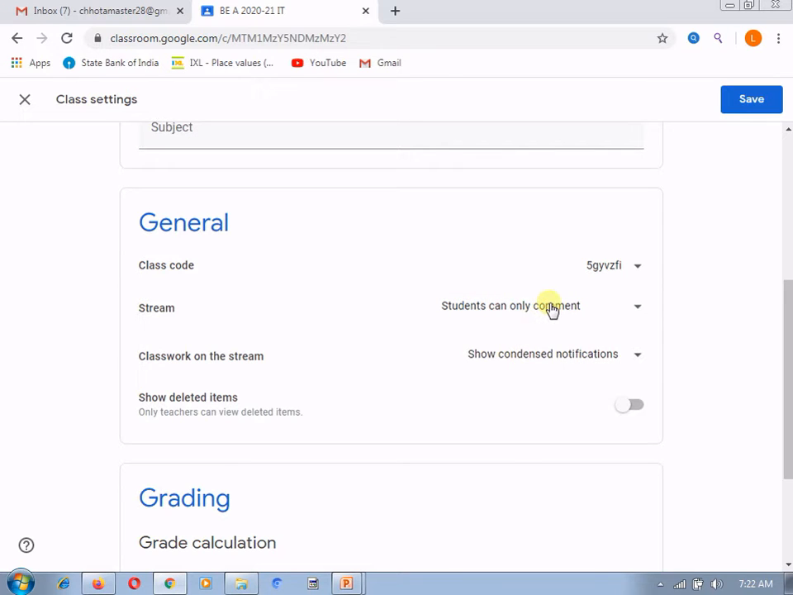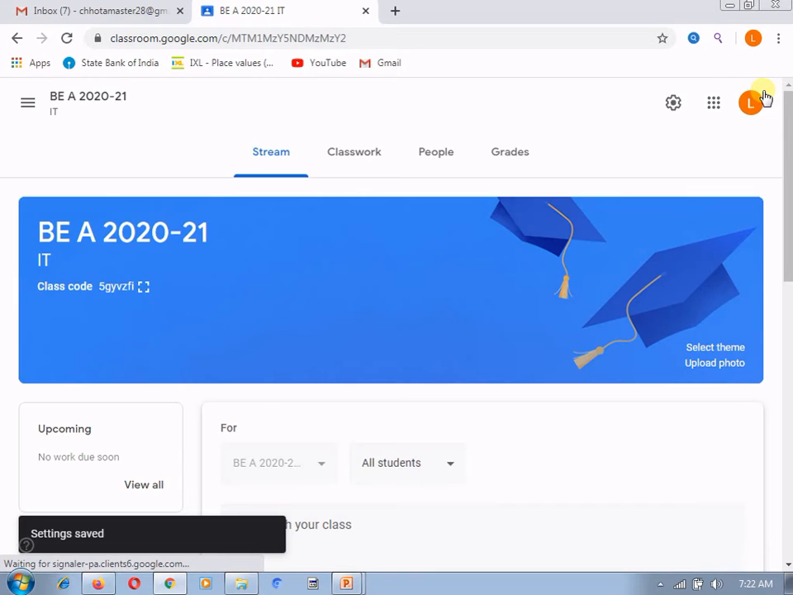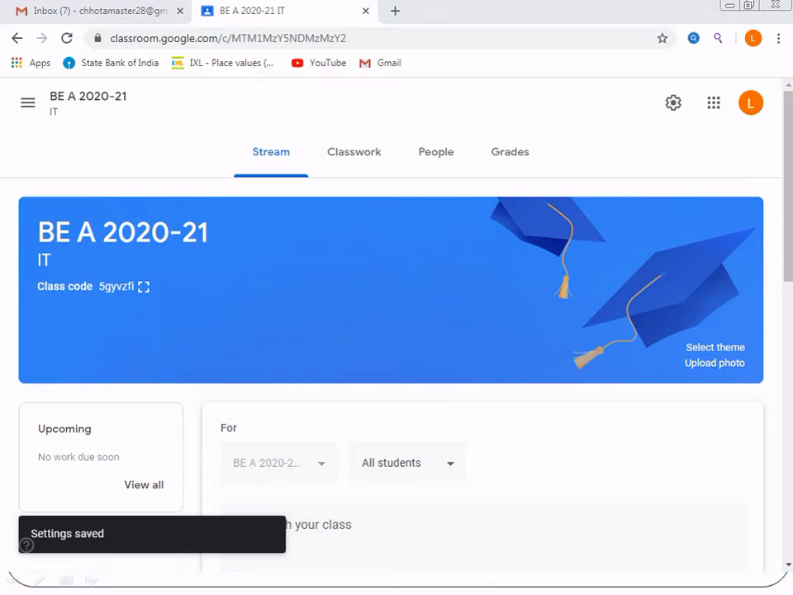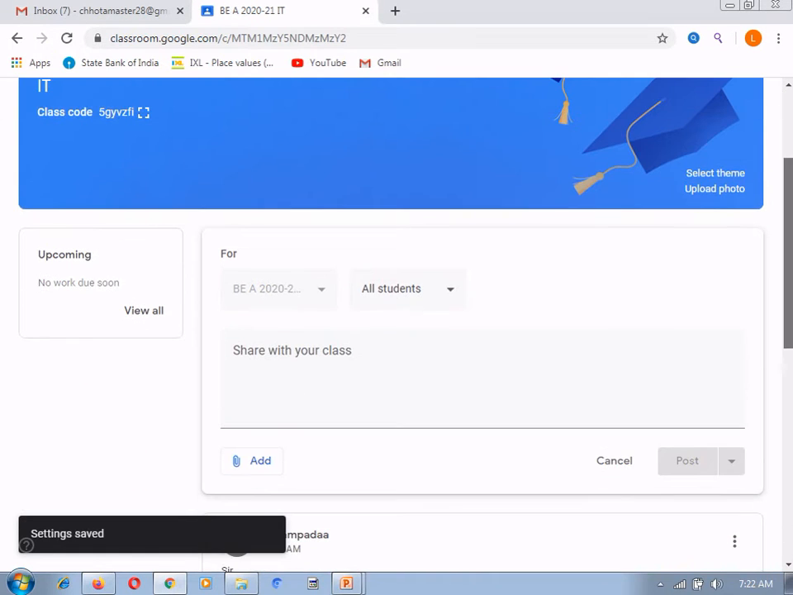If I select this, what will happen? After that we will see how the student's classroom will look. I am saving these changes or settings for my classroom here. Suppose I, as a teacher, am providing a post over here. Hello students,